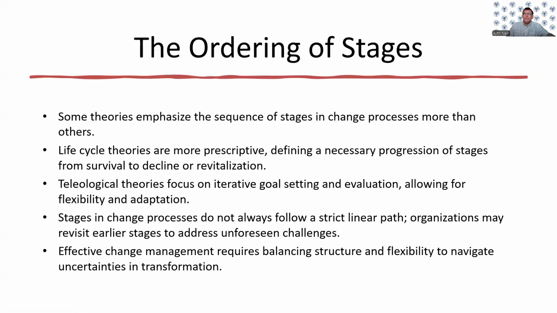Now let's take a look at the different ordering of stages. So we saw some theories emphasize the sequence of stages in the change process more than others. Now, when we look at Microsoft's shift to cloud computing, Microsoft historically relied on software licensing models for its products like Windows and Office Suite. But they clearly recognized there is a rise of cloud computing. It might threaten this traditional model. Responding to that, Microsoft embarked on a deliberate transformation, shifting from software to cloud-based services like Microsoft Azure and